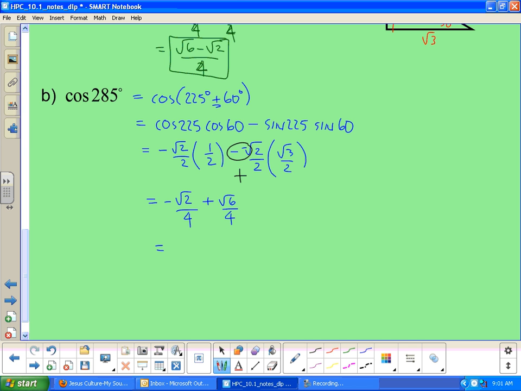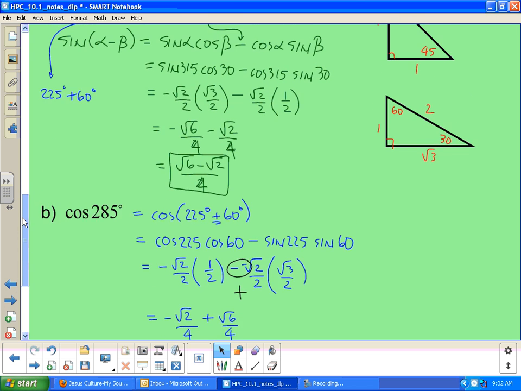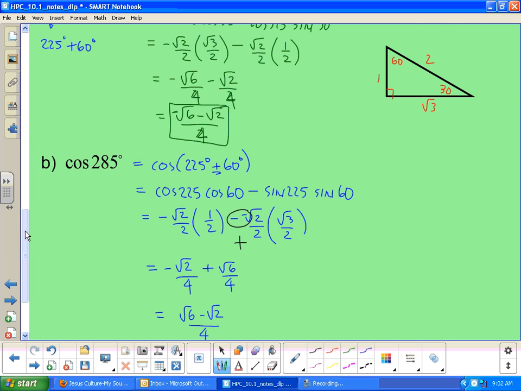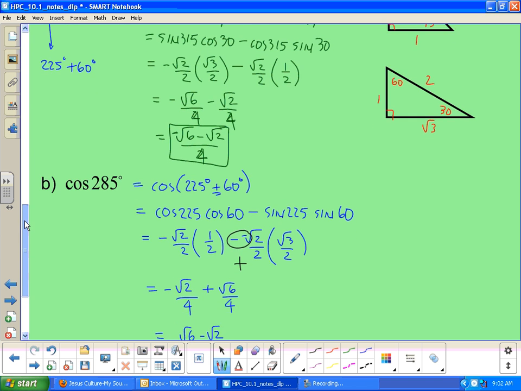Put them together, and we get a root 6 minus a root 2 over 4, or a negative root 2 plus a root 6 over 4. And there we go. I also left out my negative here. Sorry about that too. Negative root 6 minus root 2 over 4 on the top one for sine, and cosine